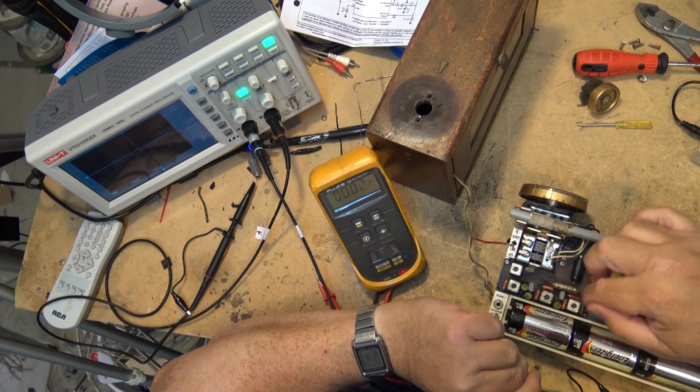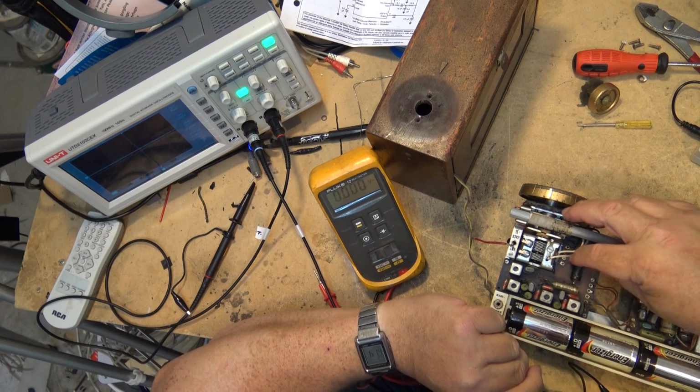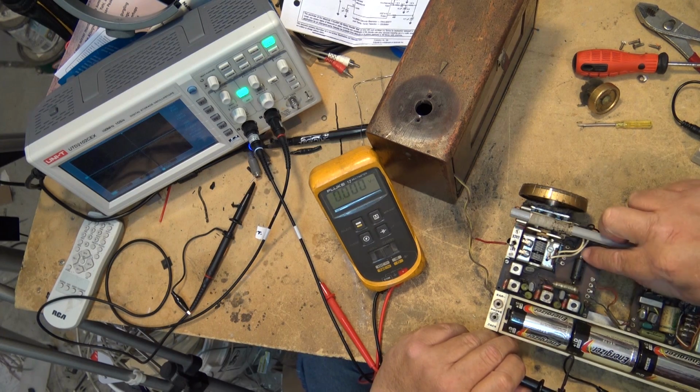So I have to concentrate somewhere here in the mixer, and I'm thinking probably some of these stupid capacitors are bad. Looks like this one's been changed at one time. This 100 microfarad at 6 volts. This one's been changed. You can see someone just cut